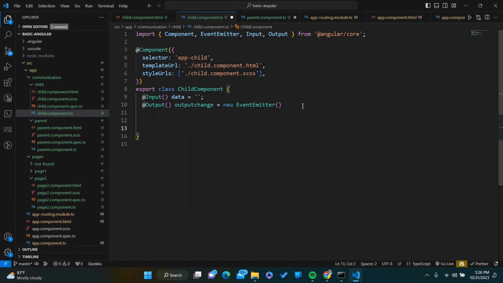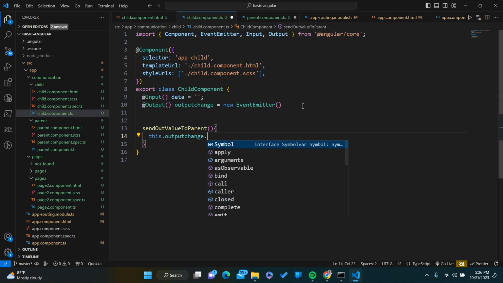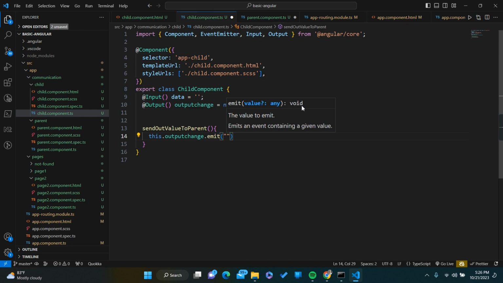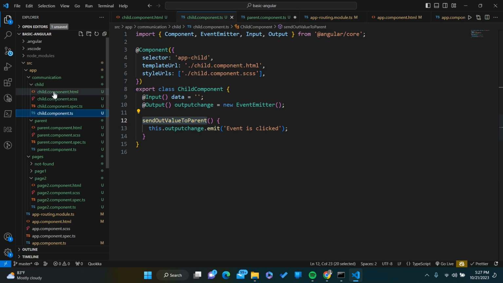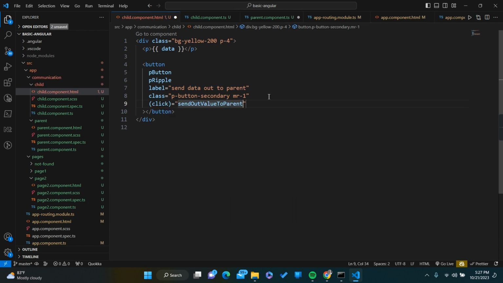right? So now I'm adding another method called send out value to parent. You can name it whatever you want, but at the moment I keep it as it is. this.outputChange.emit. The event is click, right? I'm going to bind this event to the button, so it should happen if I click the button. So this is how you do the